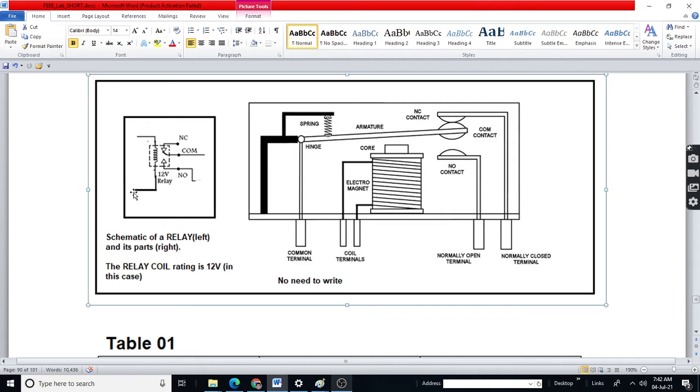Even if you touch here, you are having only 6 volt or 12 volt. Here you have 230 volts. You are not touching the high voltage and high current circuit. So you can control a high voltage and high current circuit from a low voltage, low current circuit.